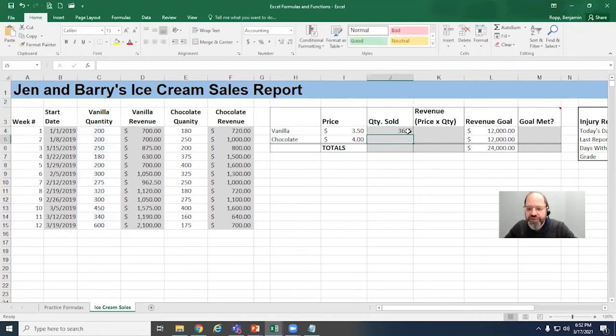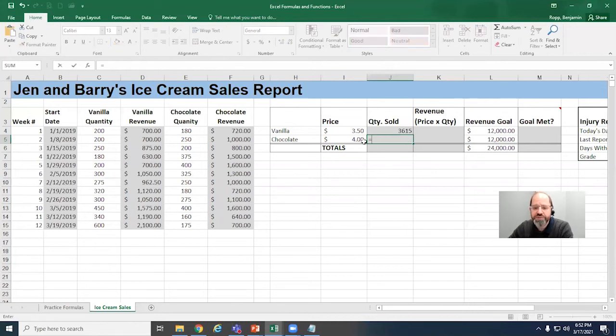Now, can we autofill this down? I don't think we can because our data is way over here and we'll just have to redo it. If I did autofill, then it just moved that down, which is not what I want. So I'm going to undo or escape and then delete and type in a formula that will do what we want,